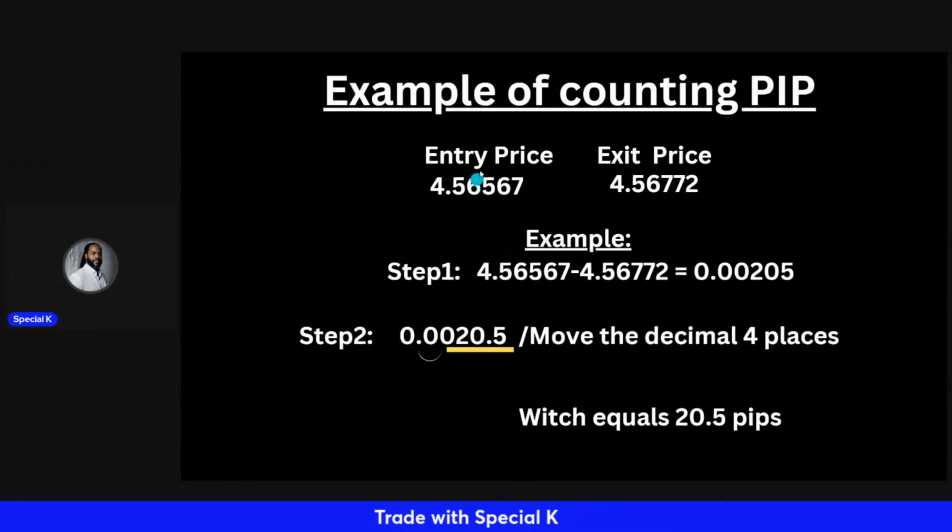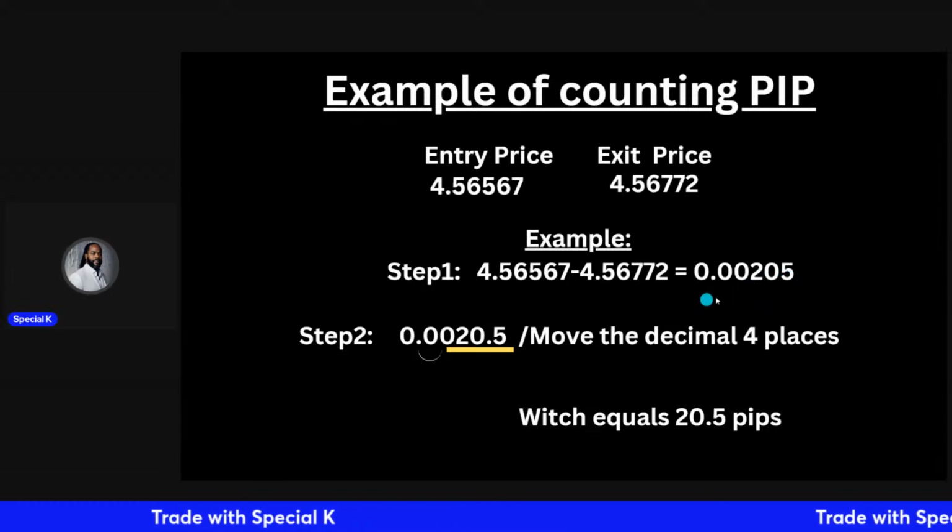So step 1 is you take your entry and subtract it from your exit. Either way, it's going to be the same amount of pips, right? Subtract it. What you'll get is 0.00205. There's a more difficult way, not more difficult, but an extra step, where you divide this by 1